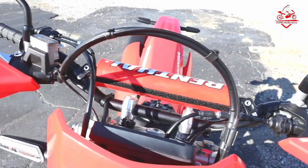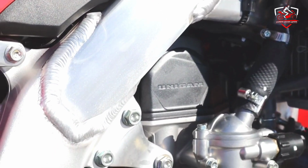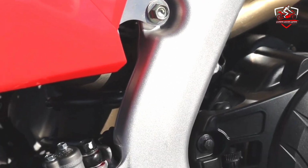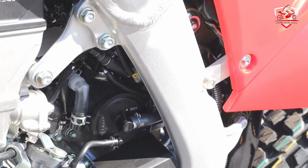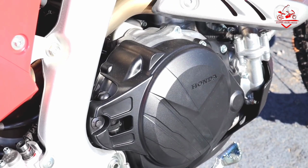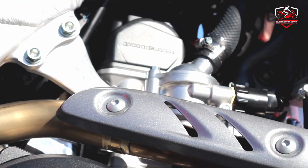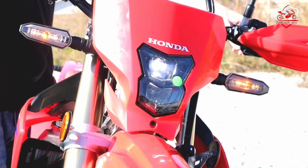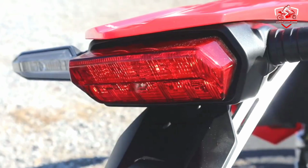It's still a CRF 450R, just one that's quieter, both mechanically from the chassis and engine, as well as its new exhaust. Both fueling and ignition maps are now managed by an O2 lambda sensor, compression ratio has been lowered, and crank mass increased for improved drivability. The gearbox is a 6-speed for longer legs on the road, and a cush drive has been added to the 18-inch rear wheel. The plastics are lifted directly from the CRF 450R, and all lighting is LED, with the front headlight in particular throwing out a penetrating beam. That said,